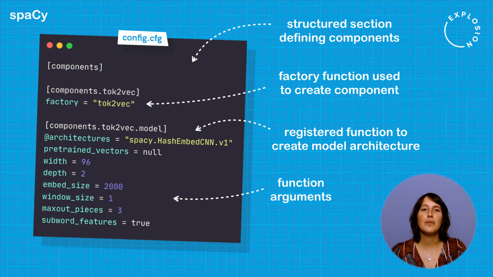One deliberate design choice that we've made in spaCy 3 is to avoid hidden default values in the codebase. Ideally, all parameters of a module are defined in the configuration file, which greatly enhances transparency and reproducibility of your NLP experiments. When this configuration file is passed onto the training command, all objects in it will be resolved in a bottom-up fashion. This means that it will first build the model architecture, validate its arguments, and then pass the resulting object forward to the component factory, which will in turn create the actual component. This allows the configuration file to describe complex nested trees of objects.